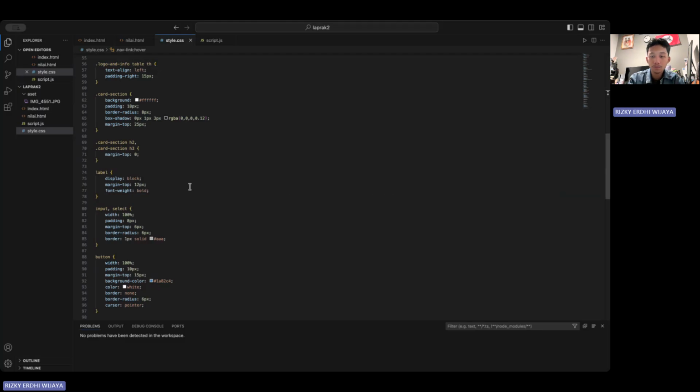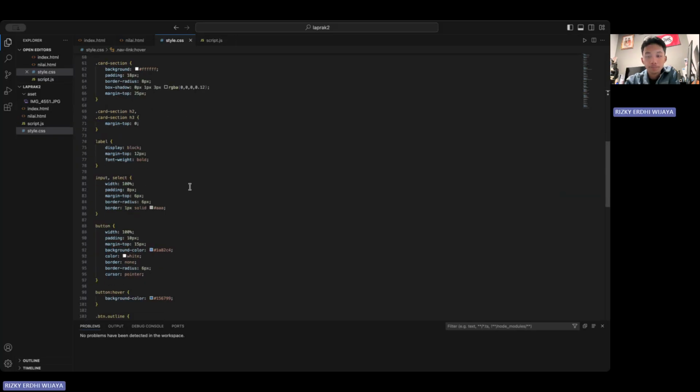Form components, including input fields and selection boxes, are styled with sizing, borders, and rounded corners to make them easy to interact with. The main button uses a blue background that becomes slightly darker on hover, giving it a responsive feel. The outline button has a border-only appearance and changes color on hover to match the theme.